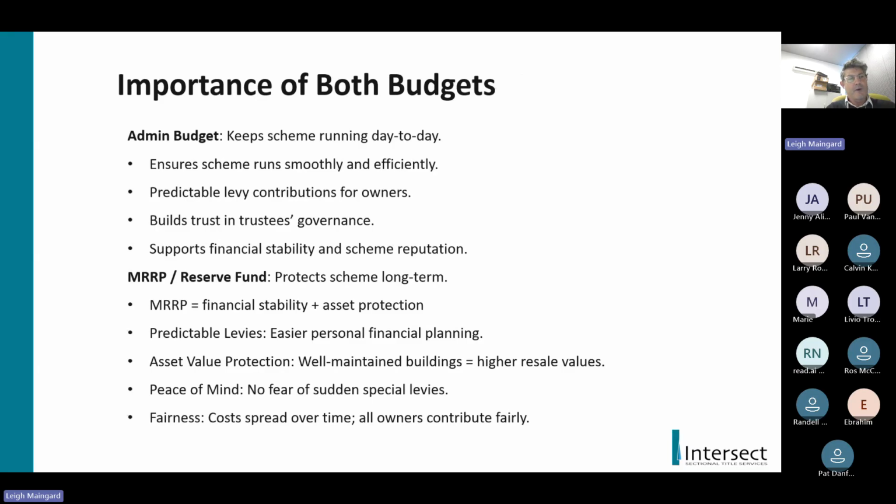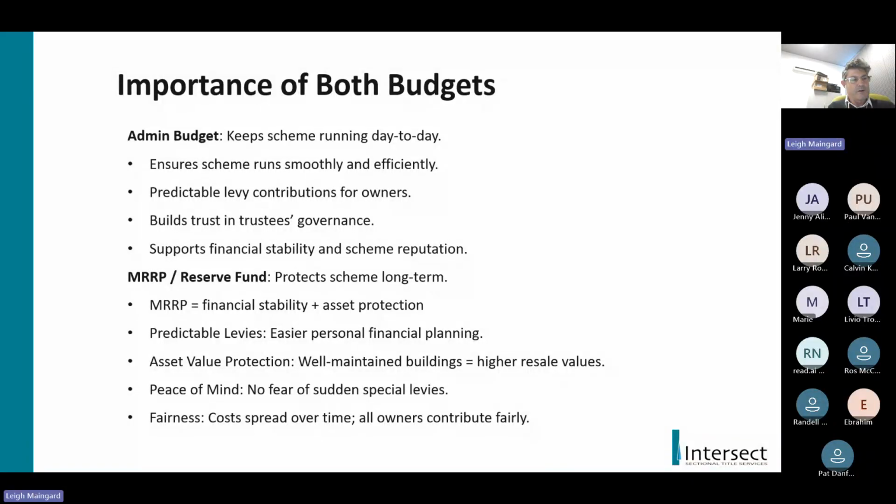So the importance of both budgets, I think this is very much a summary, but I think it's important to just repeat it. So the admin budget keeps the scheme running day to day, as we know, where your reserve fund is for long-term expenses. The admin budget ensures the scheme runs smoothly and efficiently. It's predictable levy contributions for owners, so the owner knows exactly what they can budget for every month, because the levies will only increase, if necessary, every 12 months. It builds trust in the trustees' governance of the scheme and the management of the scheme, and it supports financial